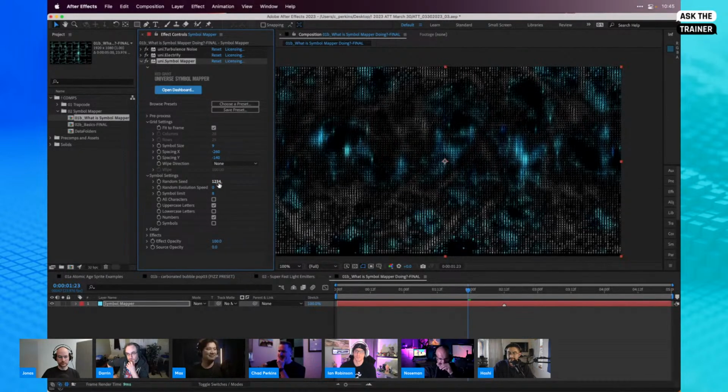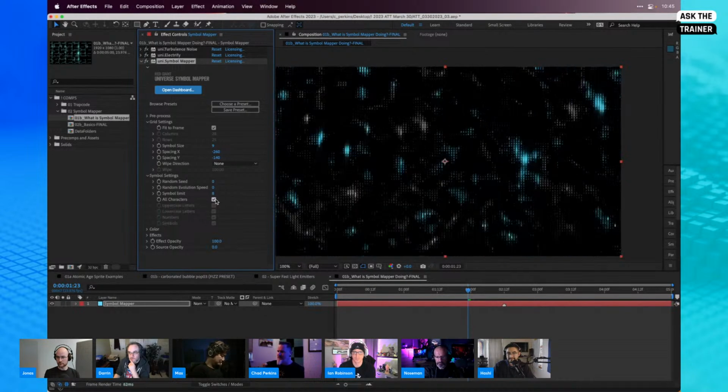And another little hack that I'll go through really quickly. We could have the characters evolve over time. A little hack is that if you take the random seed to 0 and you enable all characters, then it enables a secret feature in Symbol Mapper, which looks not only at the luminance of the layer it's applied to, but it also looks at the spacing of the characters and maps the characters more accurately to the actual luminance